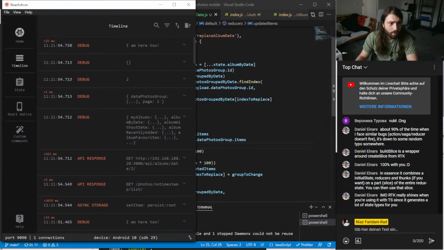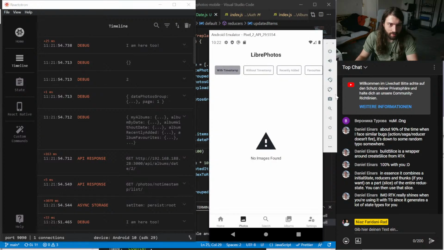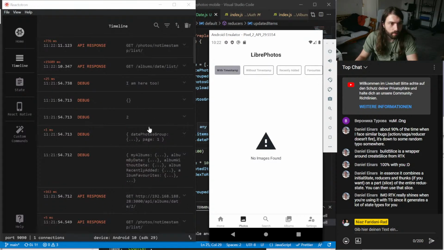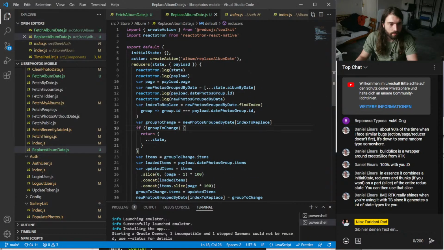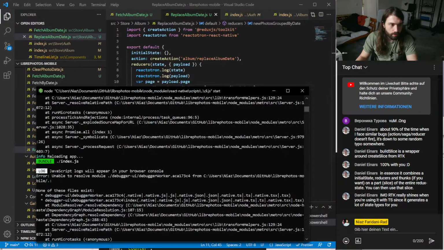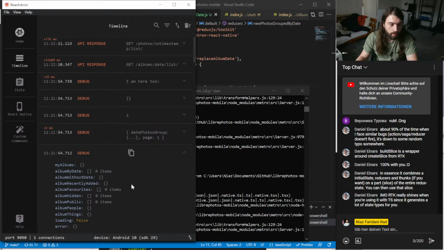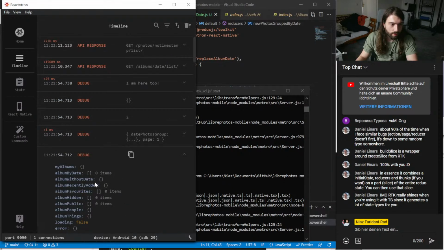That's empty? What is happening? What is happening? Okay, so he can't find that. Interesting. But if I go to state, vectortron, here we have my album by date. Okay, now it's empty. So I guess that's right.